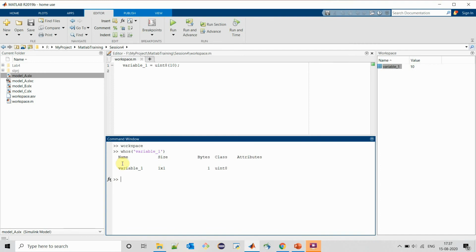So when we see the properties of variable 1, we can see that it is defined as an unsigned integer with value 10.